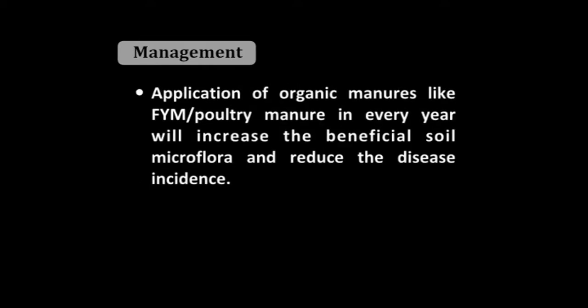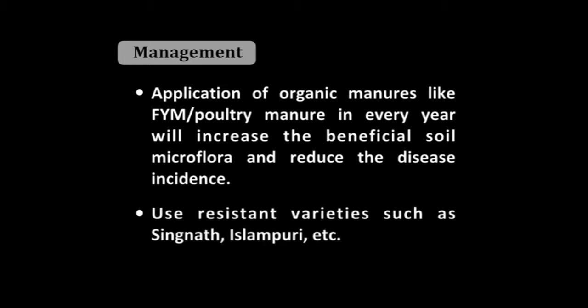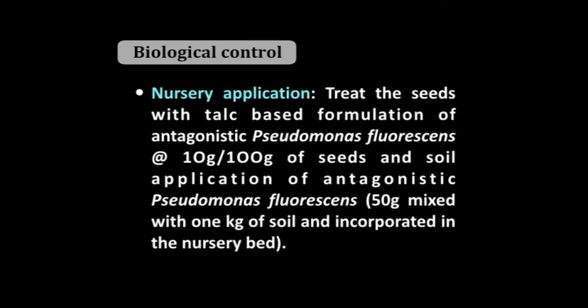Application of organic manures like FYM or poultry manure every year will increase the beneficial soil microflora and reduce the disease incidence. Use resistant varieties such as Singnath, Islampuri, etc. Next is the biological control. Nursery application. Treat the seeds with talc-based formulation of antagonistic Pseudomonas fluorescens at the rate 10 gram per 100 gram